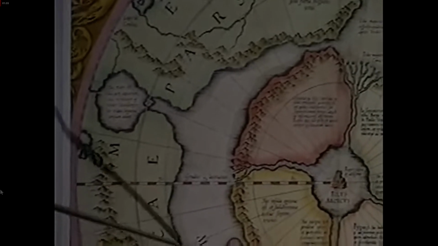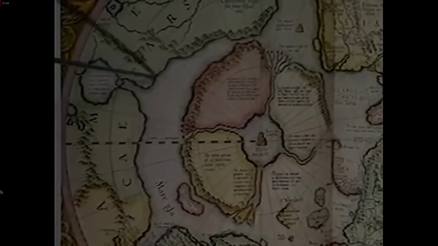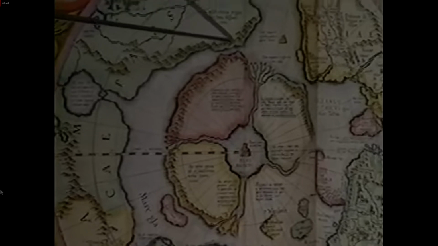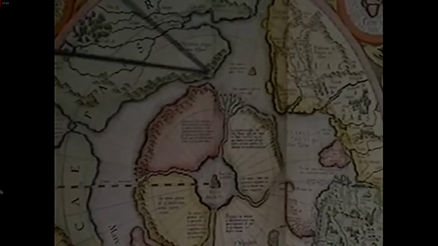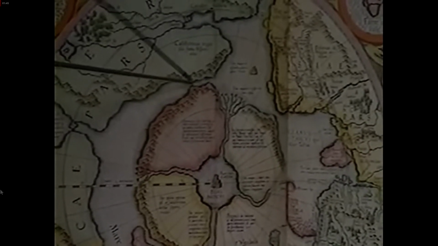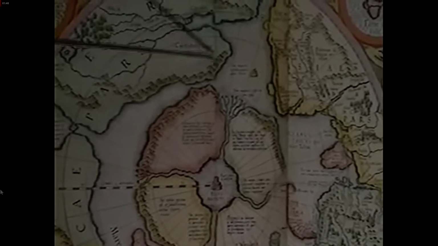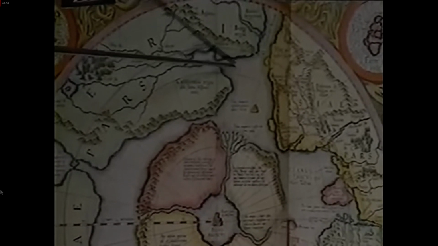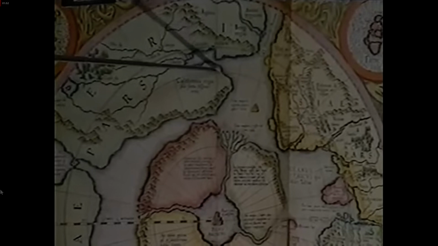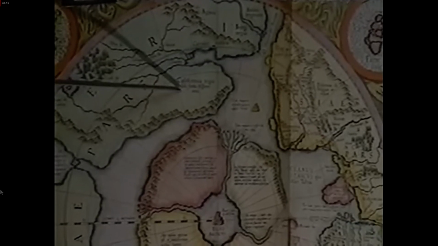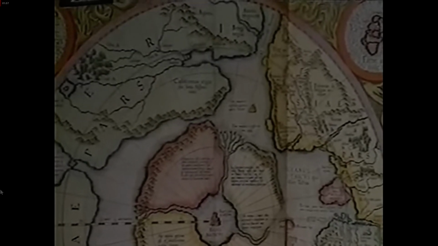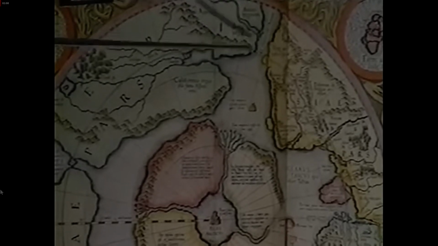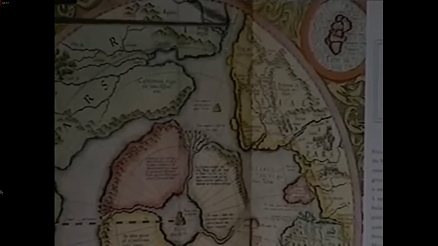This right here is the northern coast of North America. This is the northern coast coming over to Alaska. Point Barrow is about right here, and this Alaska is upside down, and it is missing the very important Aleutians. It is called the region of California, as was the entire west coast of North America. Right here we have what later became the Bering Straits, northern Siberia, Nova Zembla, northern Europe,